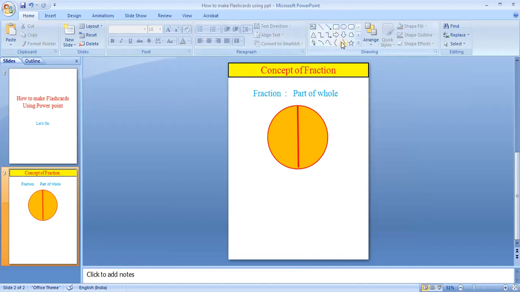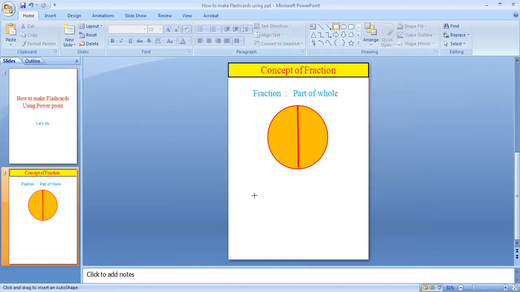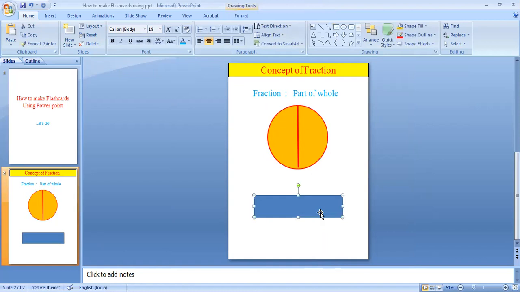Also I can change to a different shape. I can select, for example, a rectangle, so I can draw a square or rectangle, whatever you want.